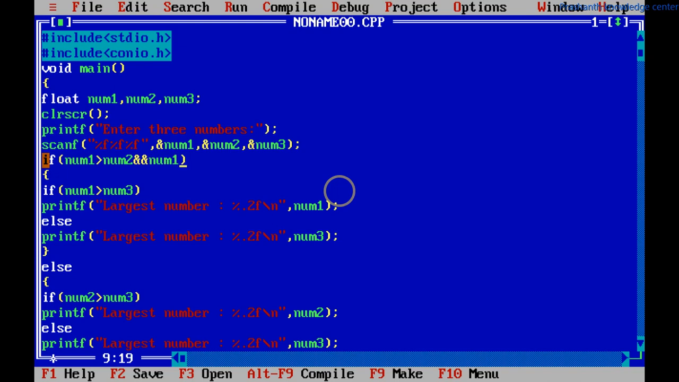number 1 greater than number 3. Here means this same if loop, here only I am comparing. If number 1 greater than number 2 and number 1 greater than number 3, then immediately it will print largest number is number 1. So this is not required, then immediately it will print largest number is number 1, and this else also